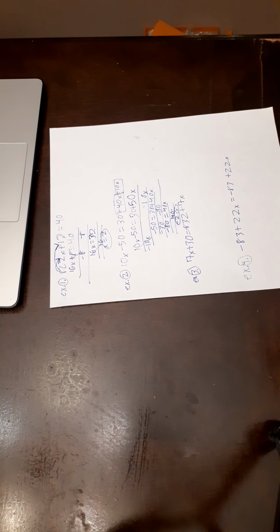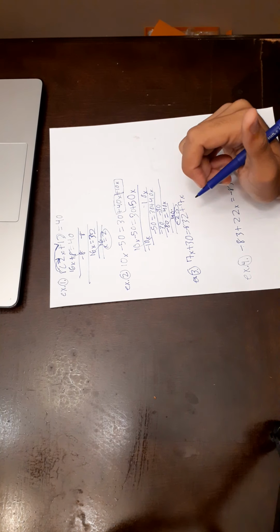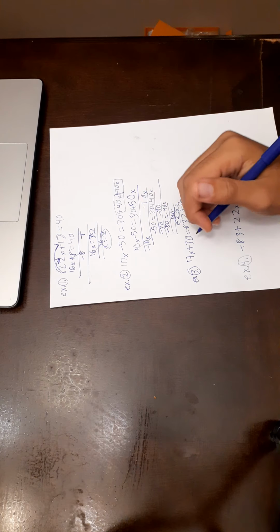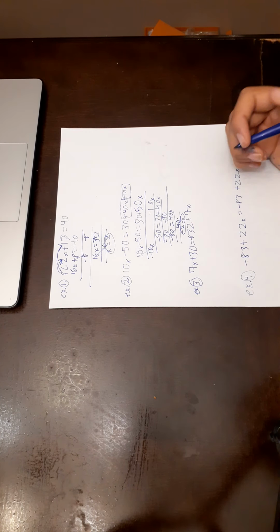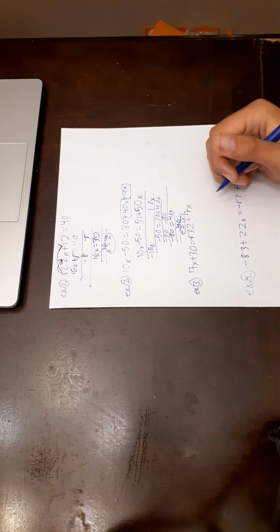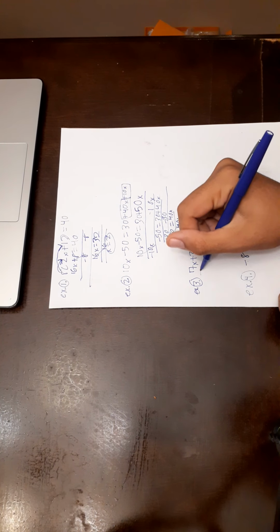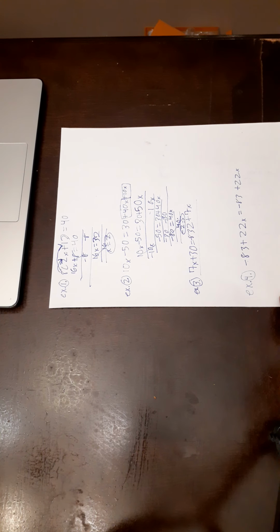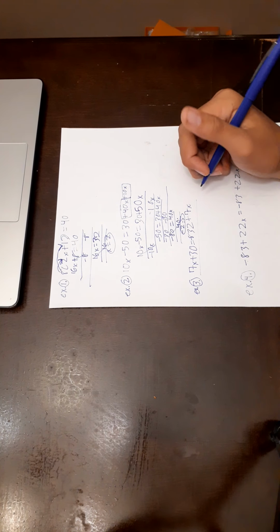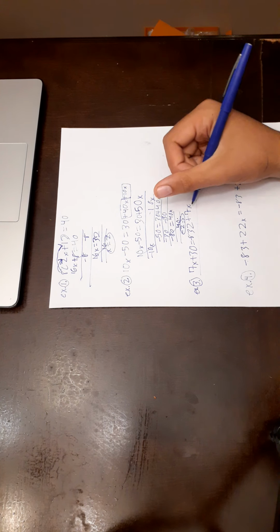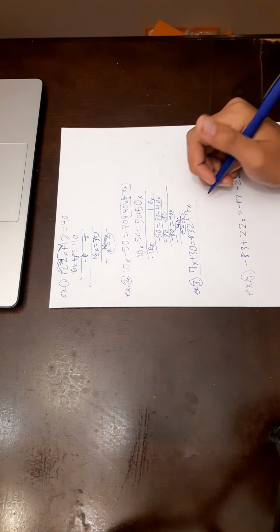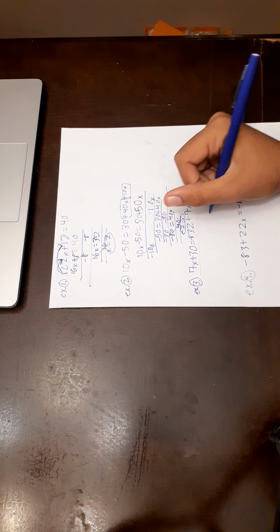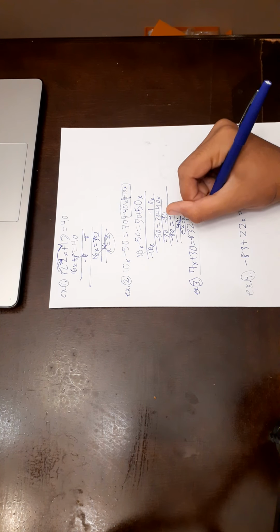Example number 3 is no solution, meaning there is no solution for x in this equation. You can't solve for x in this one. So it's an equation with a variable on both sides. So just like this one, you need to get the variable on one side, but once you do,